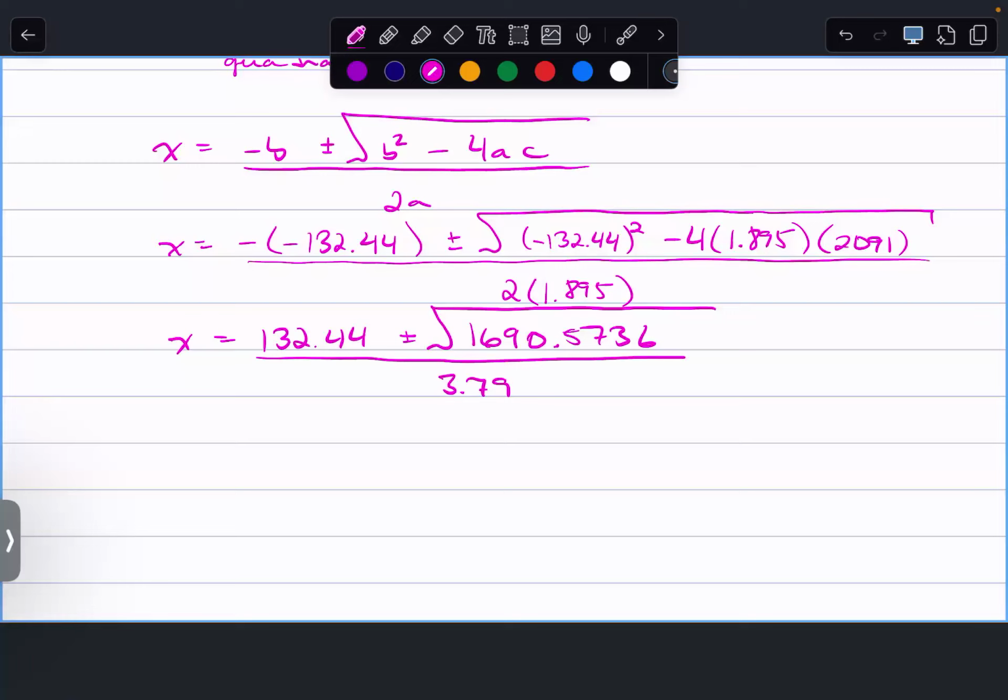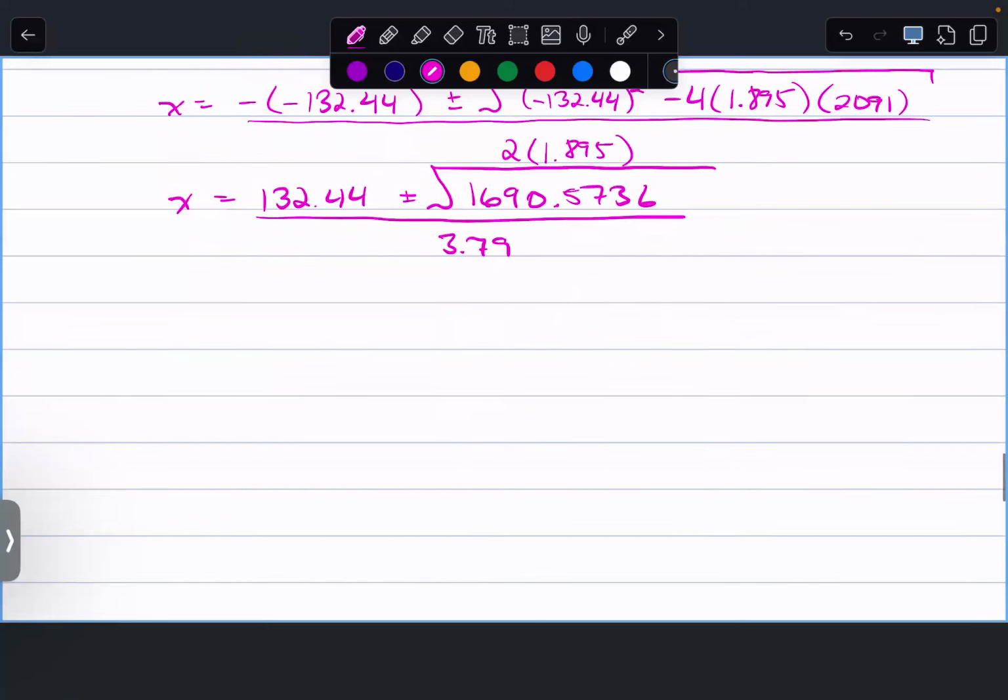I am gonna run that square root just one more time, just to make sure I didn't do it in a weird way. 132.44 squared minus bracket 4 times 1.895. If you square root that, we get x is 132.44 plus minus 41.117